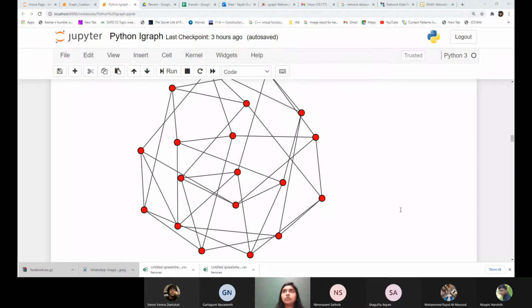So we have two representations left. One is something called the incidence matrix representation, and the other one is the edge list representation. I'm going to talk mostly about adjacency list and edge list representation. The edge list representation uses far less space.